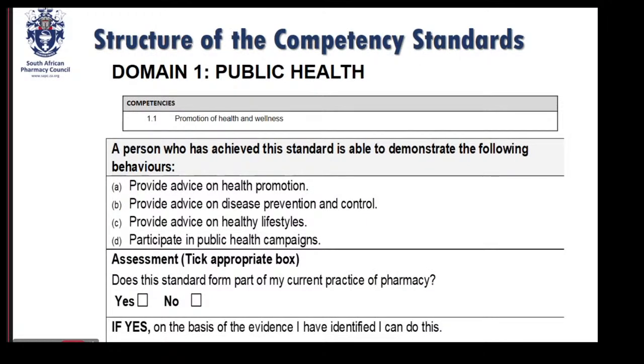So you check your manual, and the manual, it's actually a pretty good idea. I know these days in your generation, everything is online, but do yourselves a favor and actually print out your manual. It just makes life a lot easier, and you can very quickly work around and look at all the competency standards. So you'll check, you've decided on domain one, competency standard 1.1, and you look at it and you'll